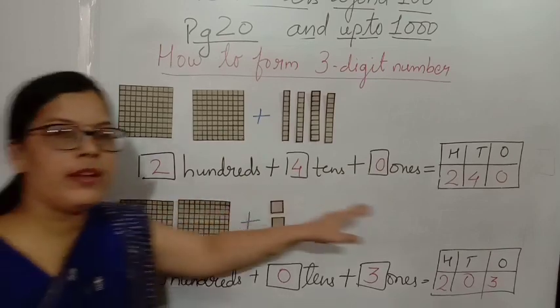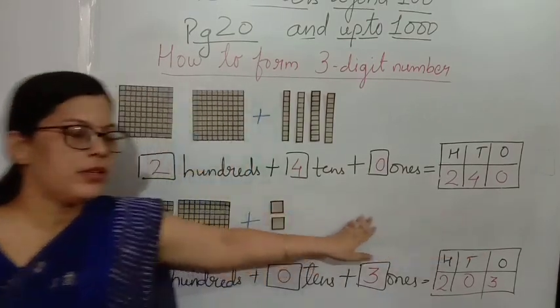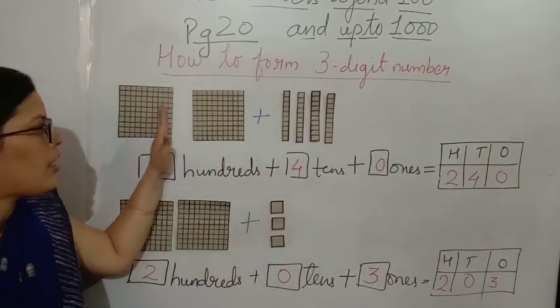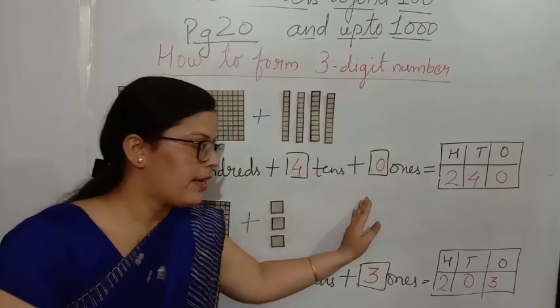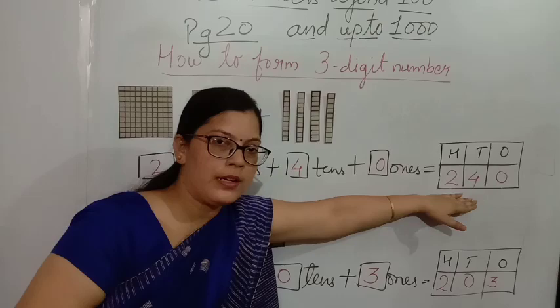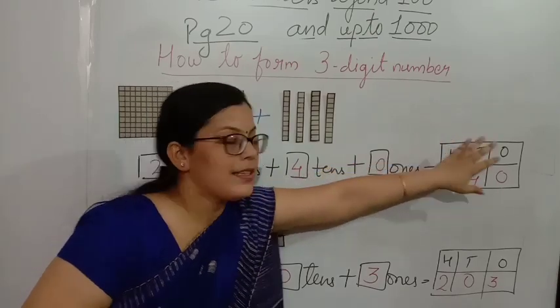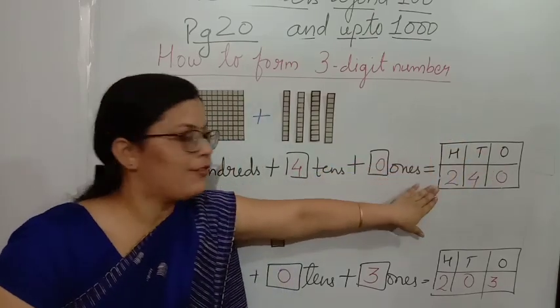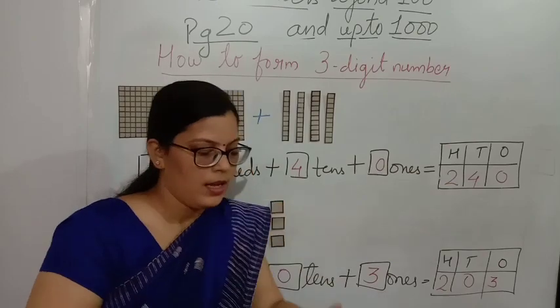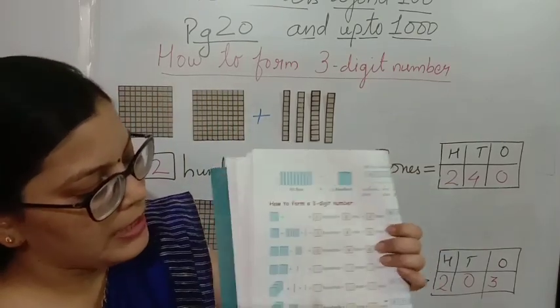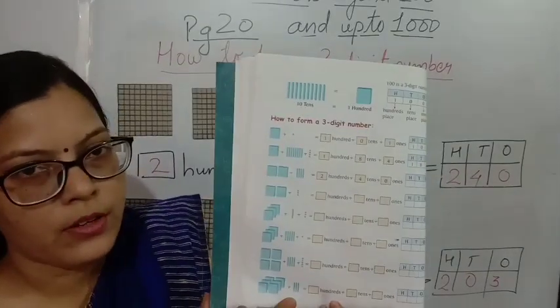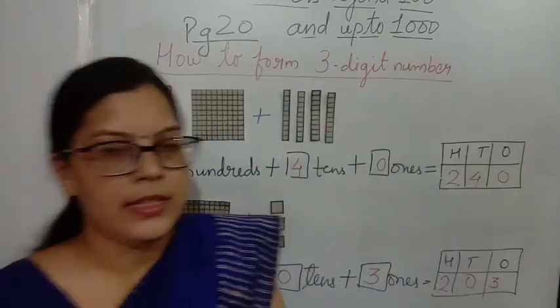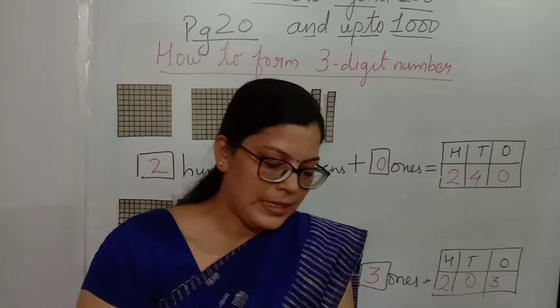So in this way we'll form the numbers. We have to count these blocks, write the numbers according to the places, and then arrange the digits at these places, ones, tens and hundreds, and form the number. Now 4 I have explained. The other 4 you have to do in your homework. Do complete it. That's all. Now we'll meet in the next session.